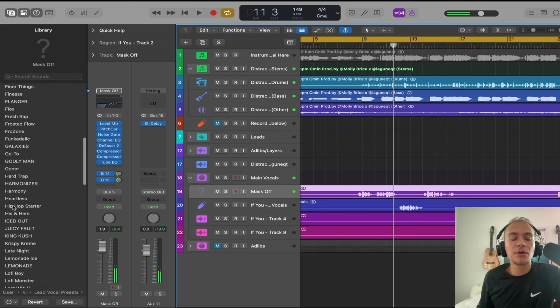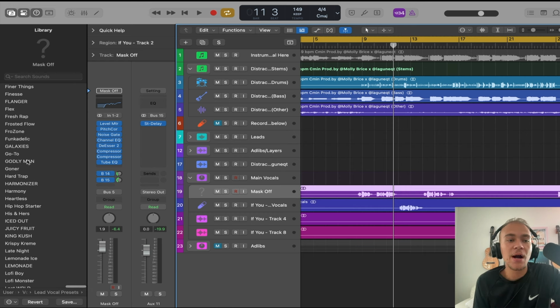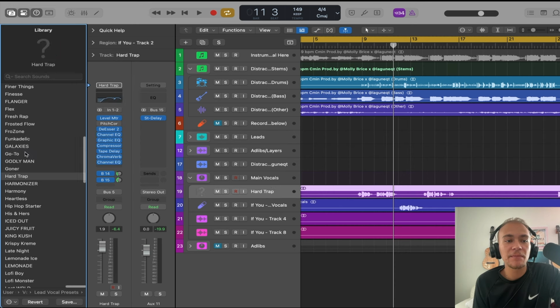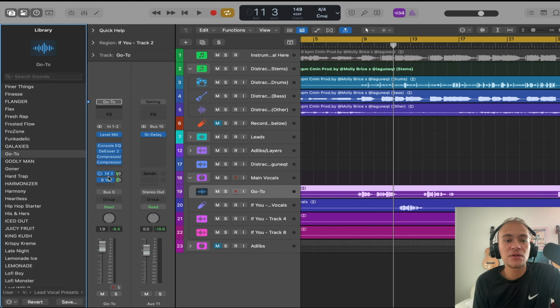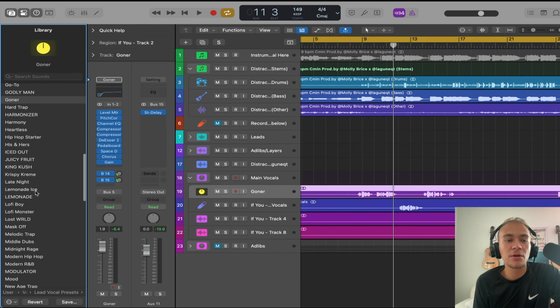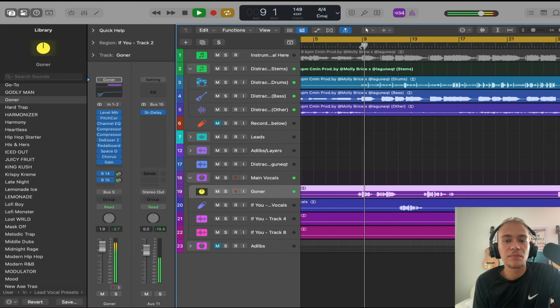So these ones are really good where you kind of want to make your own buses and just figure out what effects you like. And so let's say you like that reverb and delay, so you wanted to keep it. So now you can go through other channel strip presets